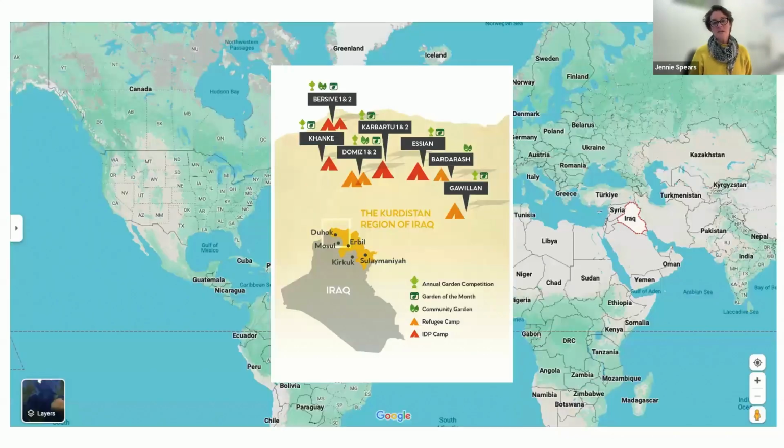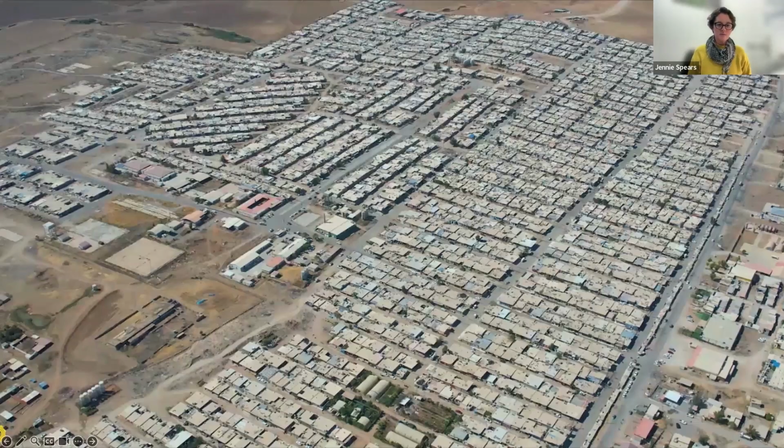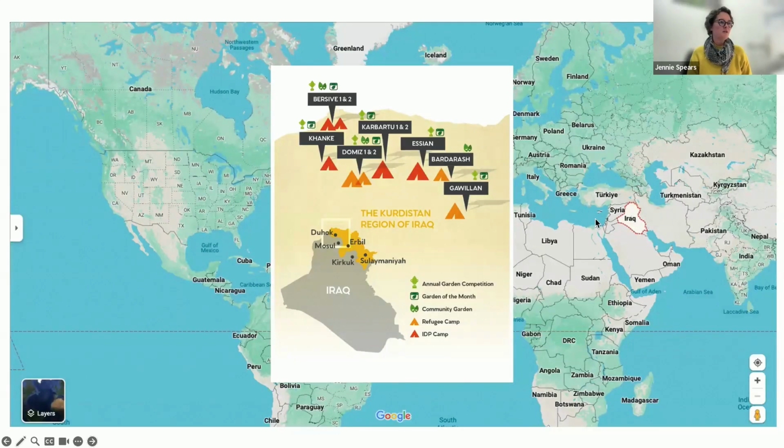But before we join Aveen and Rody, I wanted to give you a little bit of background to our work, if you didn't know about us already. Although I know that a lot of you on the call today are regular supporters, so thank you very much for joining us. This map shows you where Iraq is, just to remind us where we're joining today.